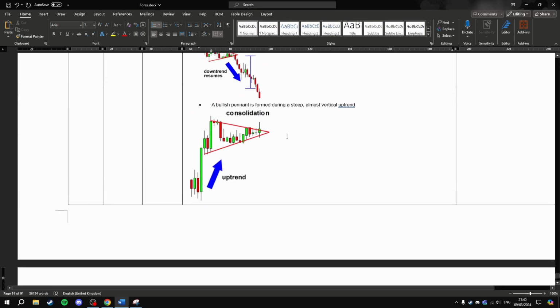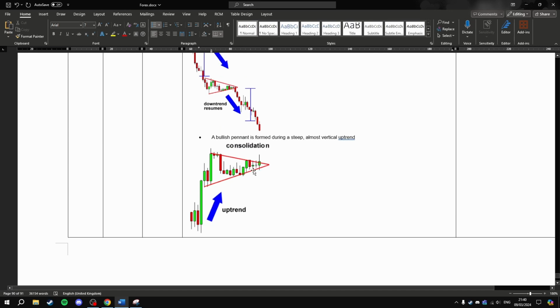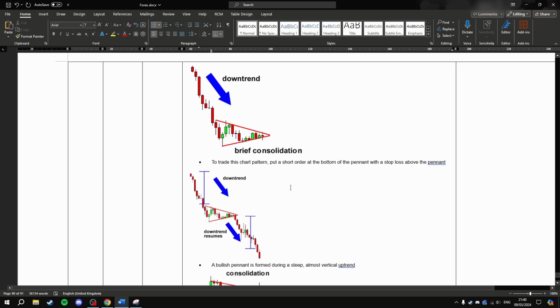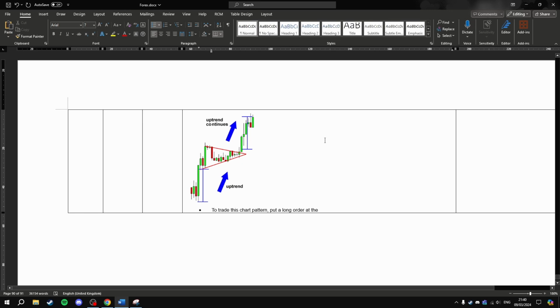Where would you put the long order? You put it here, wouldn't you? Like at this point here. So at the bottom of the pennant,